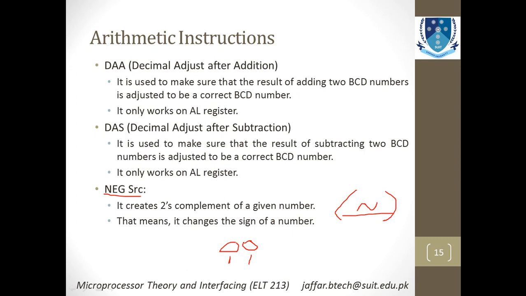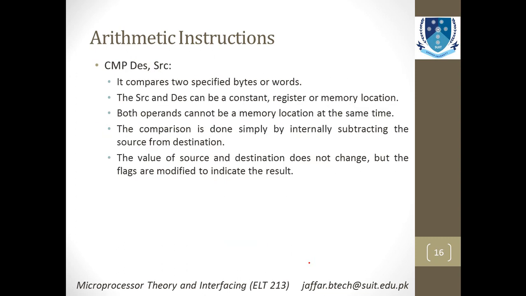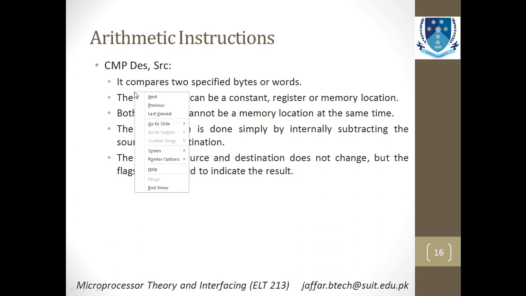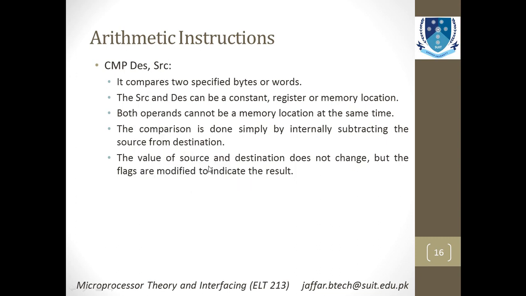And how does it occur? Let's say this data is stored in, let's say, A. So if you want to use its opposite, you can easily use these instructions. You have to negate the data. Now there is another function that is compare, and what does it do? This is the compare instruction, and you can see that it compares the source and destination.